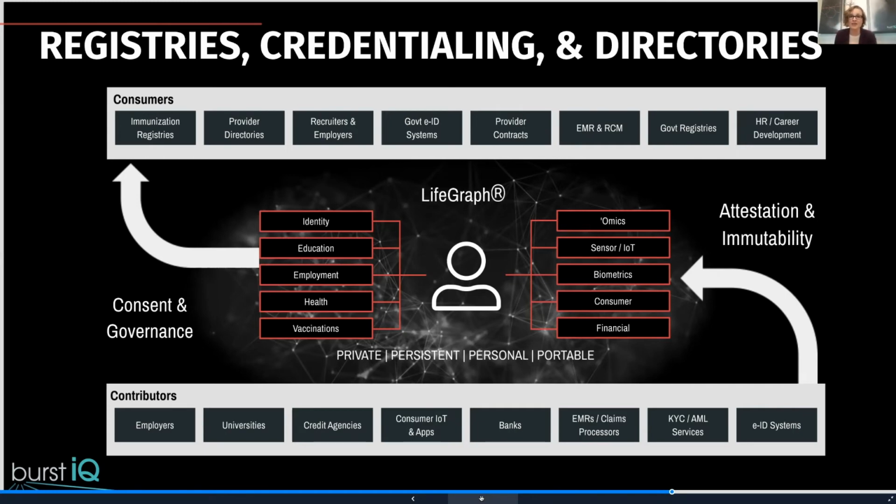In both cases, the system is using trusted data and LifeGraphs and consent and governance and these trusted data networks to build a more efficient system with better automation and deeper knowledge of how all of these different processes need to work together and who needs to see what information. And it does it in a way that makes personal privacy and ownership the cornerstone of the system instead of an afterthought.